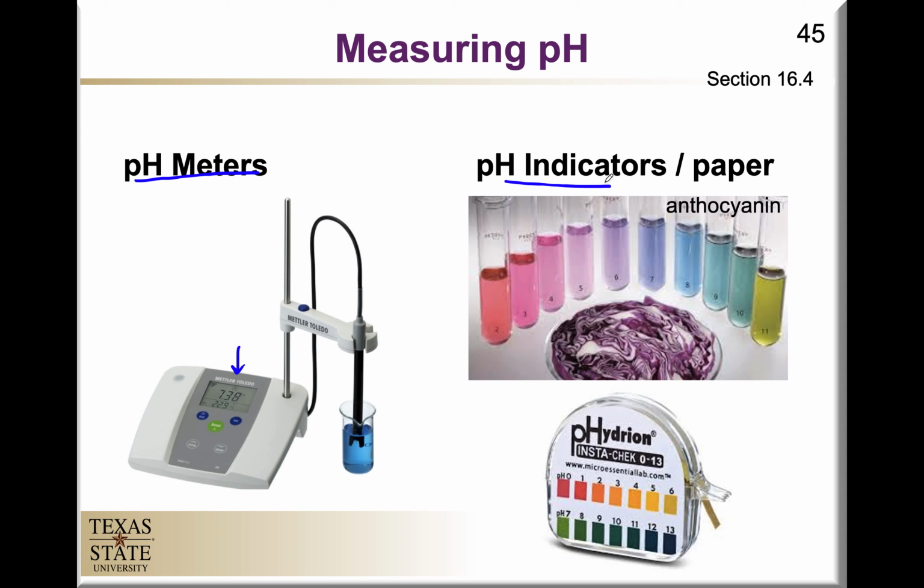And then if it is exposed to a basic environment, there's going to be a conformational change in the molecule that results in a change in color. Those pH indicators can be impregnated into paper in order to generate pH paper. The picture that I have here is actually a substance that is obtained from cabbage. So you can generate cabbage juice, and if you expose it to solutions of different pH, you will see that the anthocyanin molecule in that cabbage juice changes color, and it gives you an indication of the relative pH of